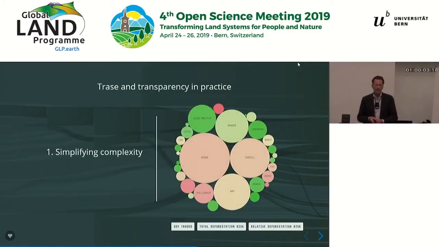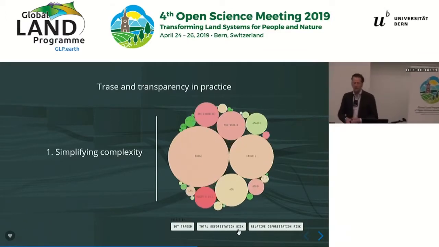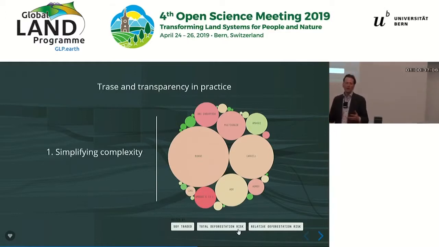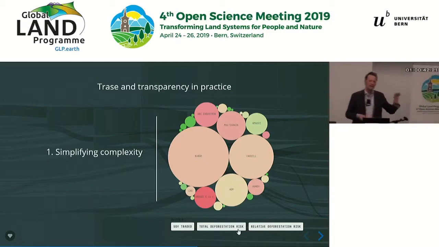So some of the things that Trace allows us to do, going back to my earlier and very simple typology, is simplifying complexity. You take that huge complexity of the Brazilian soy system, over 2,000 municipalities producing soy, 1,000 traders, or many fewer that are really trading the vast volume, exporting to many countries around the world. You can simplify all of that to just look at total volumes here, or you can then look at the embedded patterns of risk. So if we look at total risk, you can then reconfigure in a simple way which are the actors that are associated over time with the most amount of risk. And this kind of simplification is incredibly powerful.